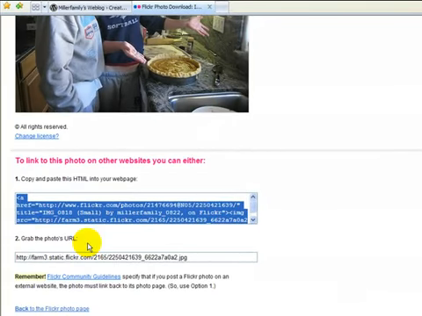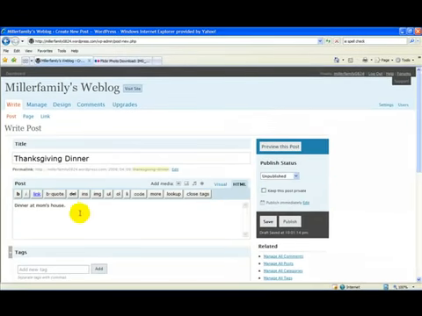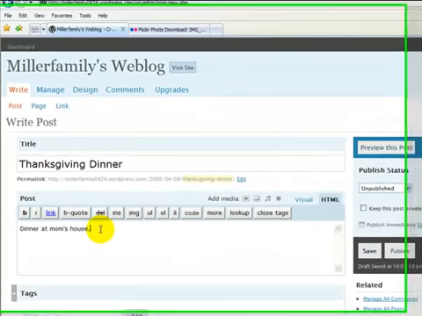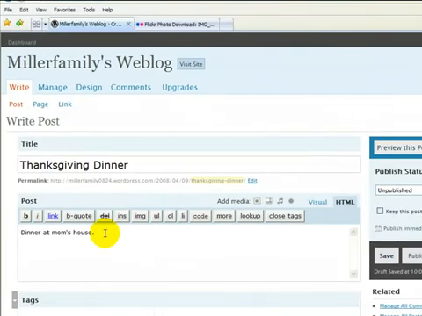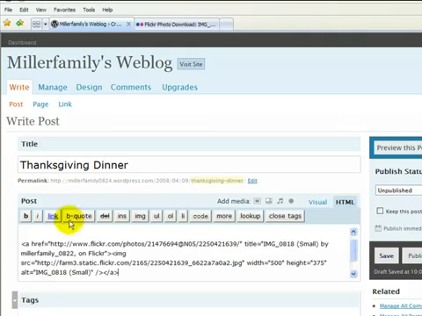Copy with a right mouse click and copy select. Then we're going to go back to our weblog, and from here we need to go into HTML. Right from this top line we can see we're in the visual editor, and we're going to go into HTML and plop in our Flickr code. This might seem a little confusing, but it's actually pretty straightforward. So now I do another right mouse click and hit paste, and there's the code that we just copied